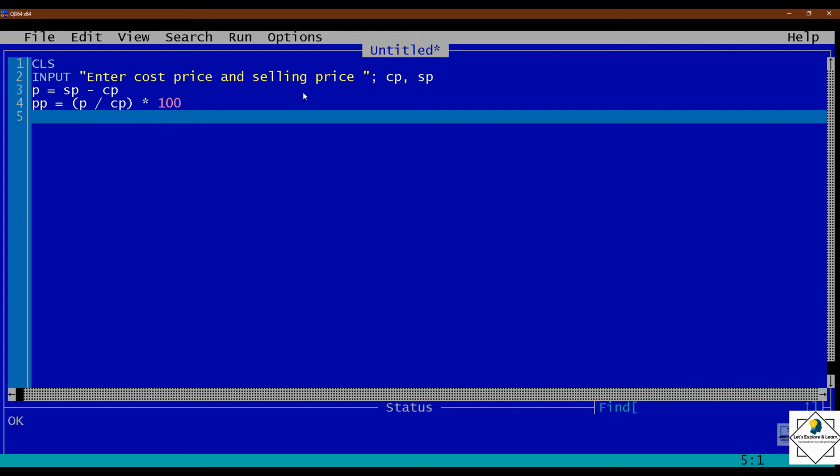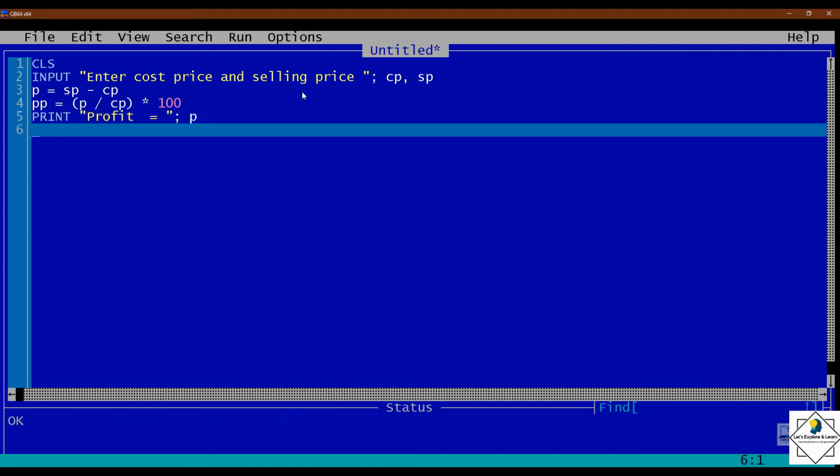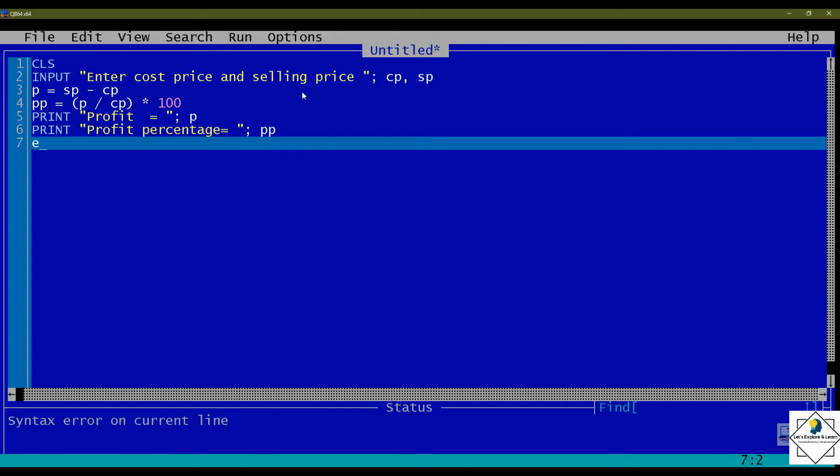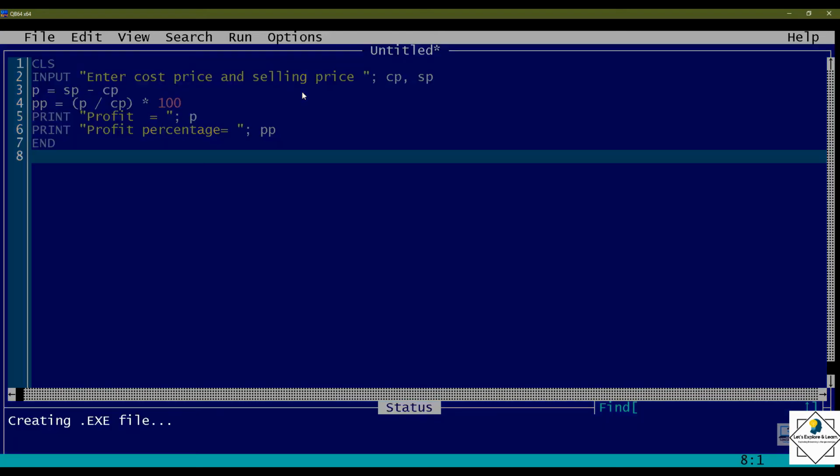I want the division to happen first, so I have put it inside the bracket. Then I have to print the profit and profit percentage. So I am printing "profit is equal to" semicolon P and then "profit percentage is equal to" semicolon PP. Okay, and now let's run the program, F5.